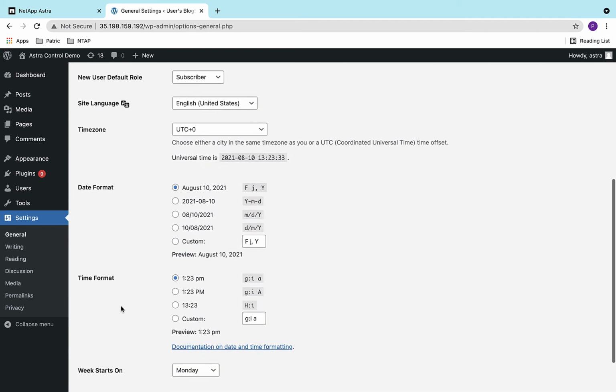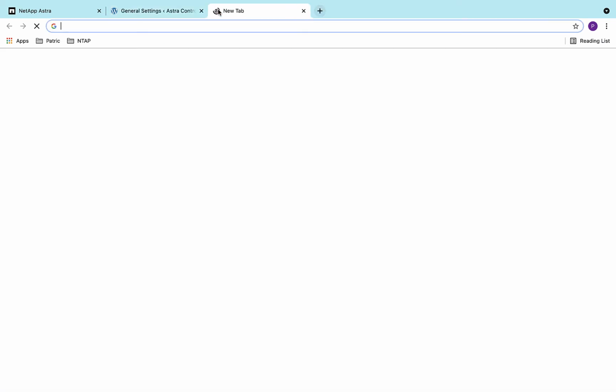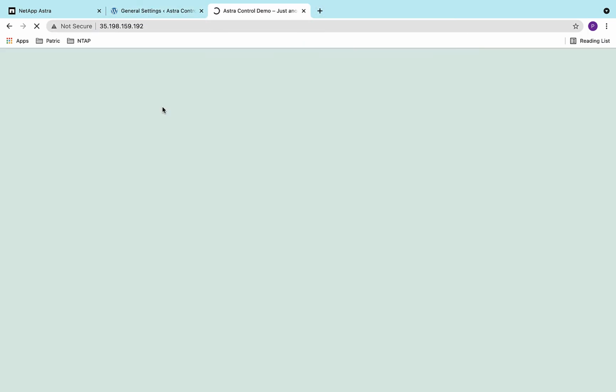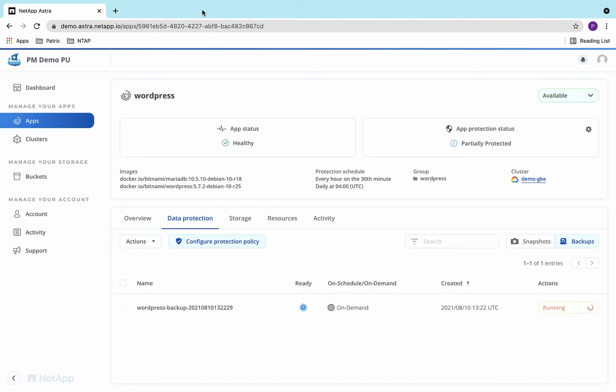Let's rename the site to Astra Control Demo and verify the changes. Meanwhile, the backup finished successfully, and with snapshot and backup policies in place, our application is fully protected now.